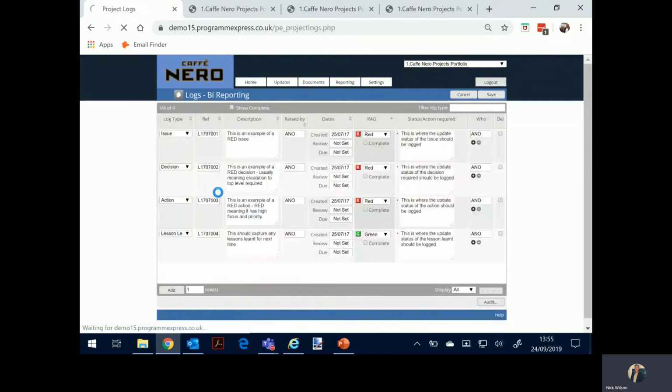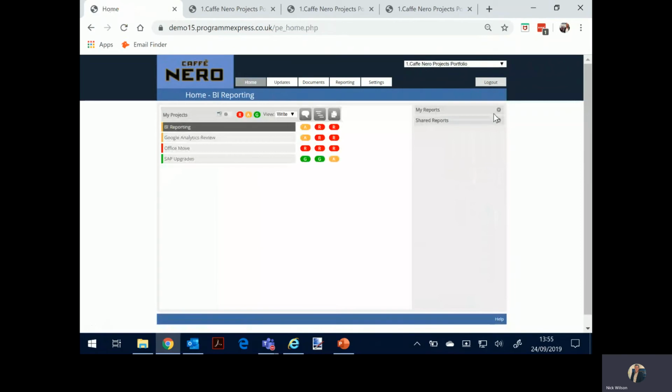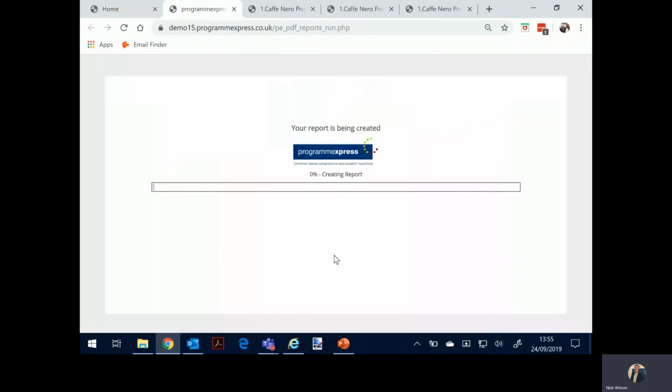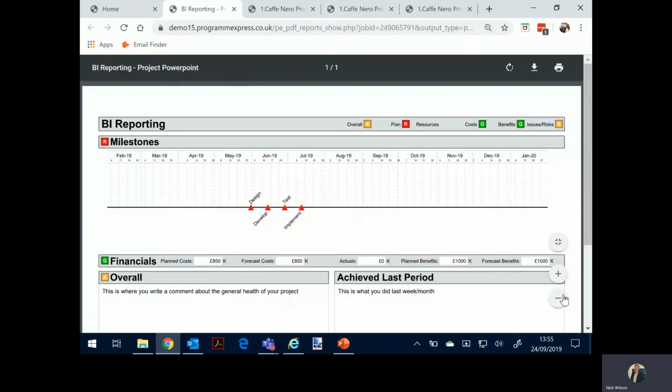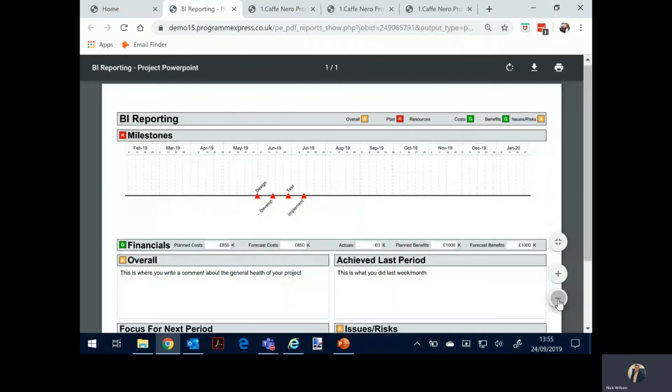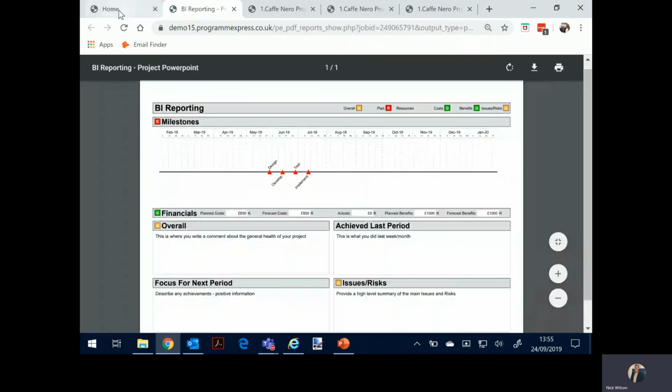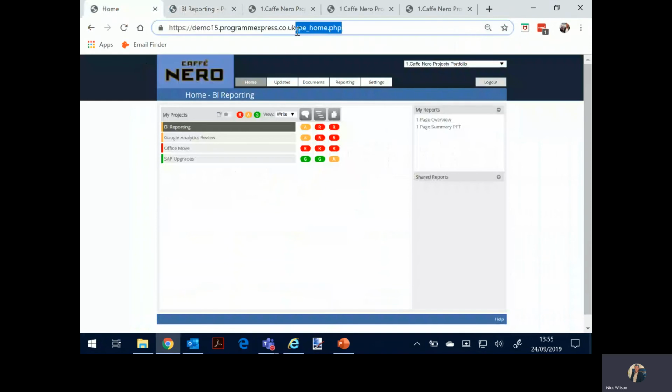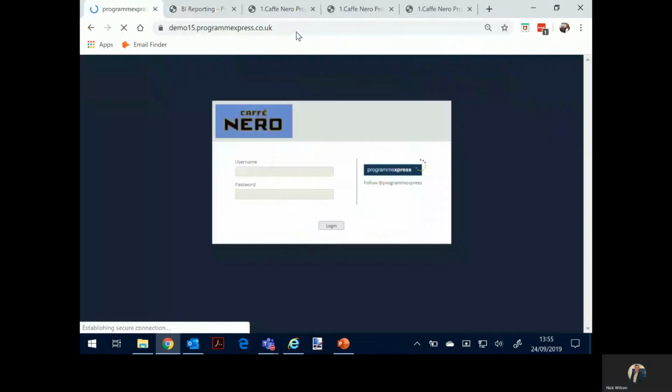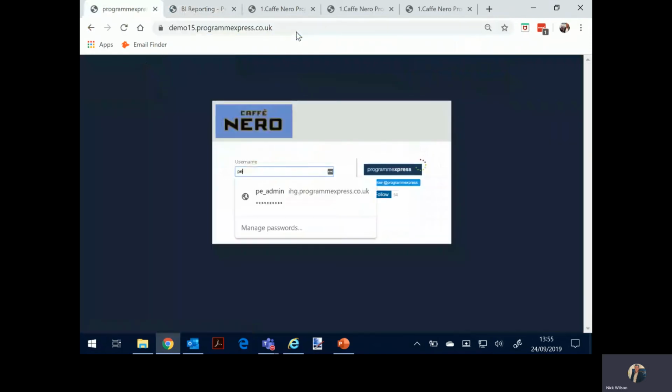When I've done that, I may have set up my own reports against that specific project, and I can run a one-page summary PPT. So this will be plan on a page that would drop nicely into a PowerPoint. I can see what the report looks like with the data that I've entered. So there are many more different types of project reports as well, but if we go back into the main screen via the administrator who can see and do everything,